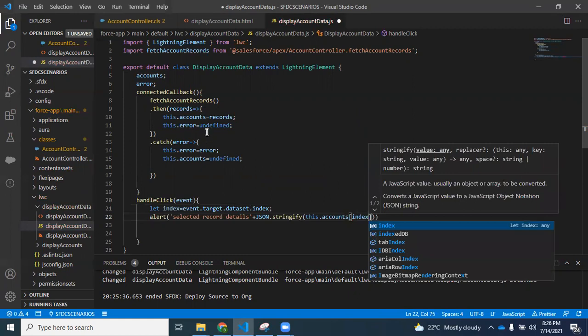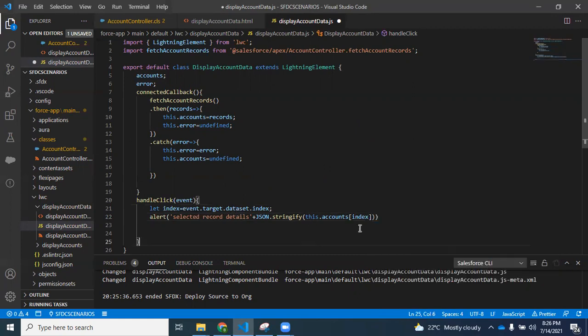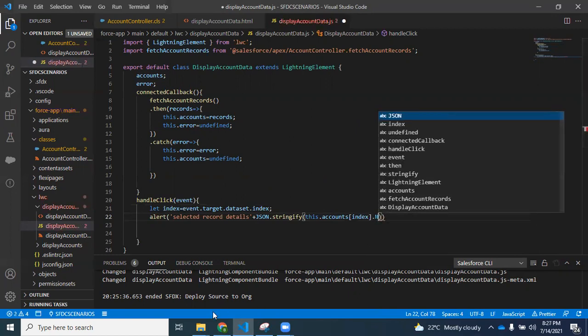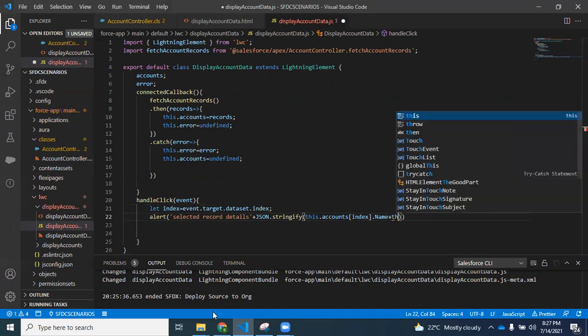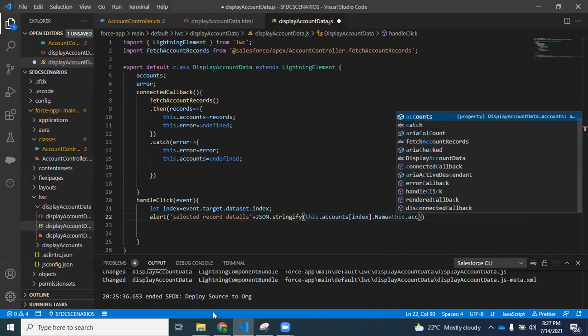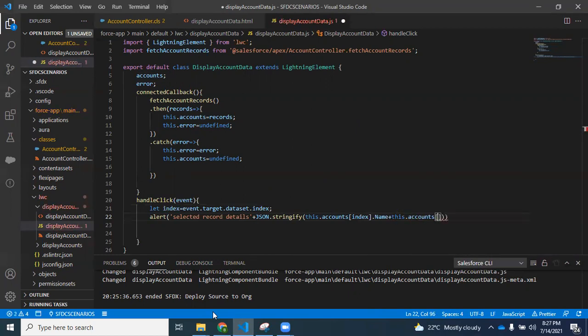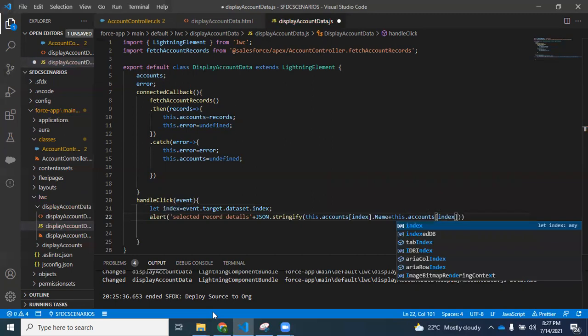Whenever the user clicks on a button, I'm going to get the index of that particular record, and then based on the index, I'm going to display the data. I want to print the name, and I want to print the account number as well. So this dot accounts of index dot account number.